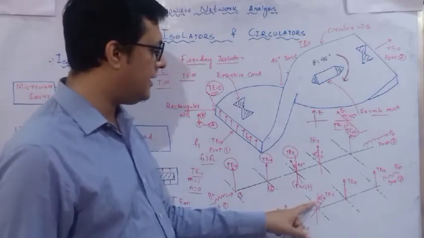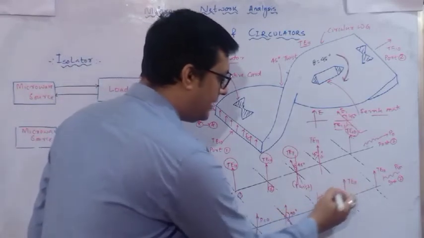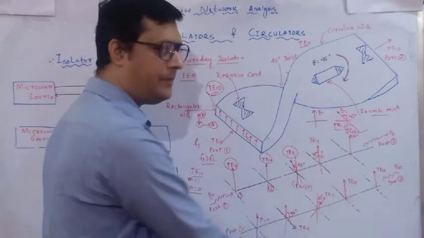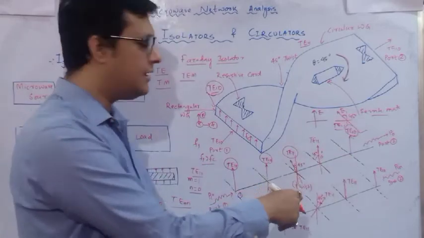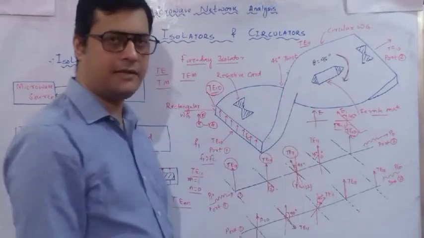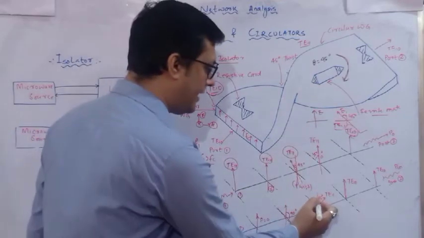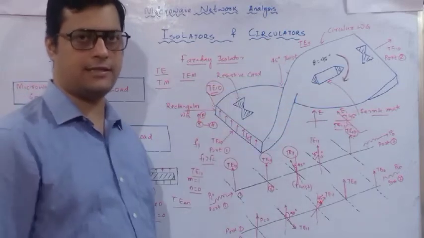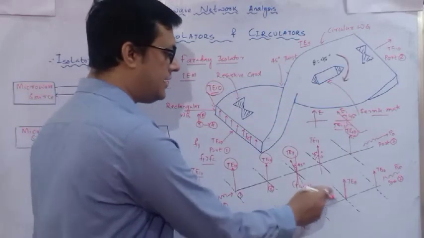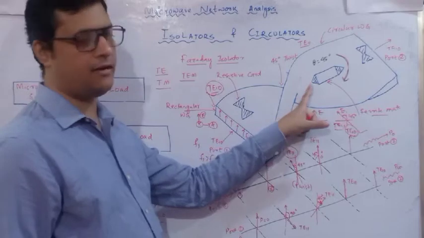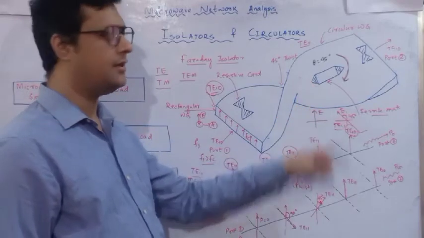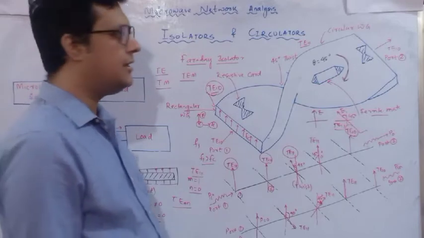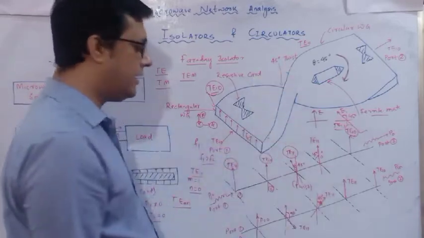So you can see initially the electric field is perpendicular to the z-axis. Now due to the presence of this ferrite material, it rotates at an angle of 45 degrees, meaning it will twist in a clockwise direction. Done. So this is TE11 because it is in the rectangular to cylindrical system. Done. Next is our twist. Done. This twist is 45 degrees.